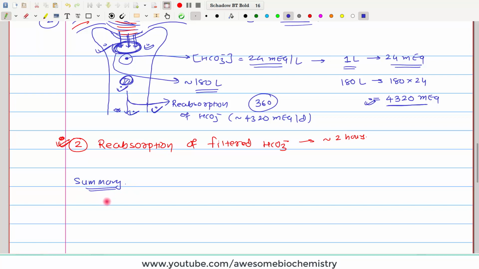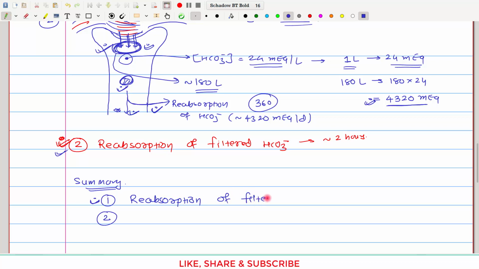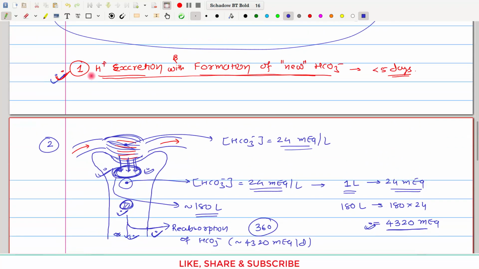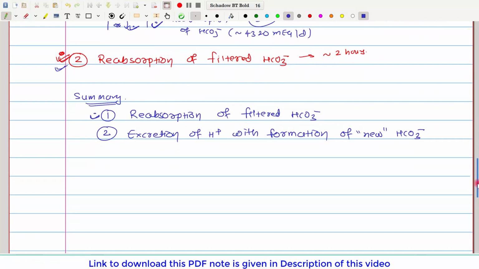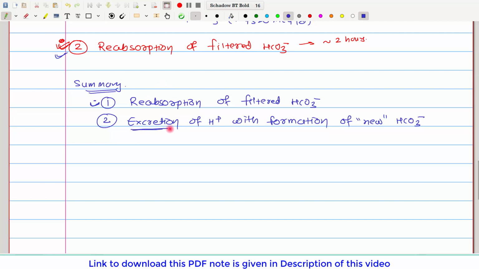So kidneys regulate acid-base balance by two fundamental mechanisms, first and second. And in the first rank, we should write the quantitatively more important task, that is this one. So the first function becomes reabsorption of filtered bicarbonate. And the second function will be this one, that is excretion of H plus with formation of new bicarbonate. Now, one more thing here is that when H plus is being excreted, it is not excreted free,